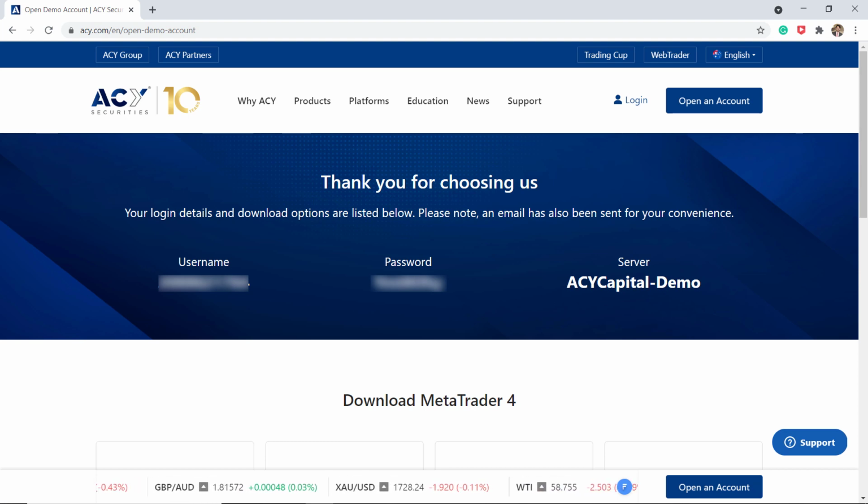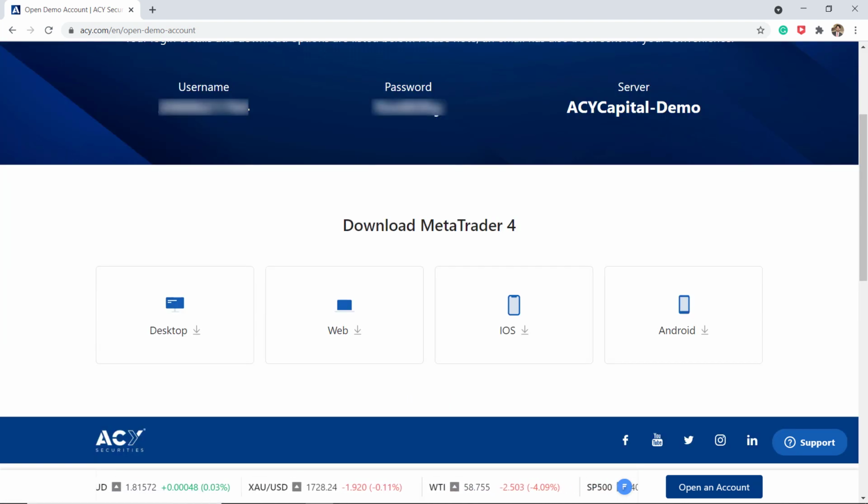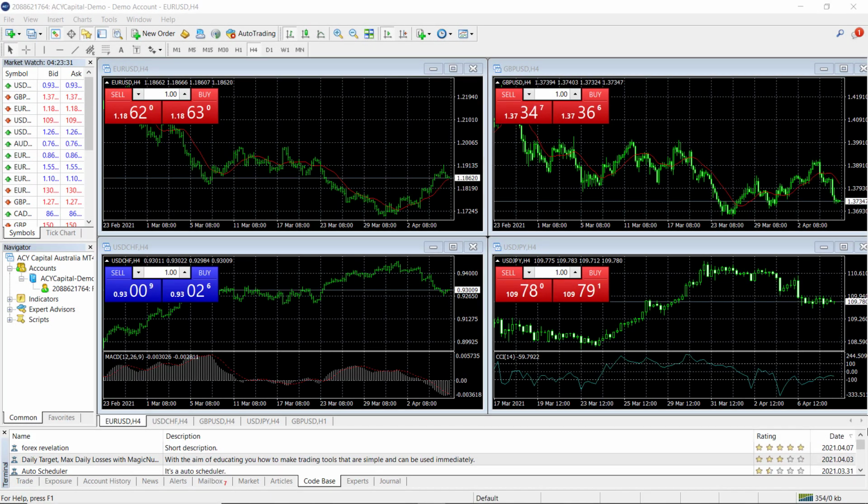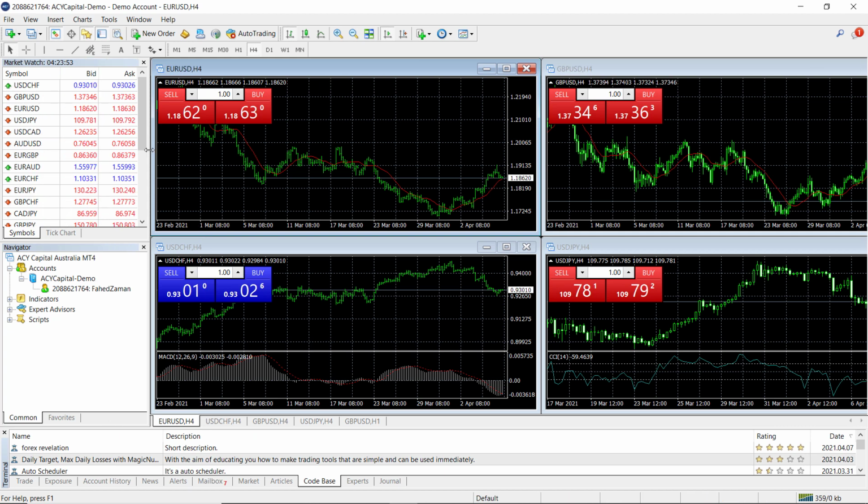What you will need to do next is scroll down and then download and install MetaTrader 4. Once you have downloaded and installed MetaTrader 4, log in with the information that was displayed on the page prior, and we are in the ACY demo account on MetaTrader 4 for Windows.